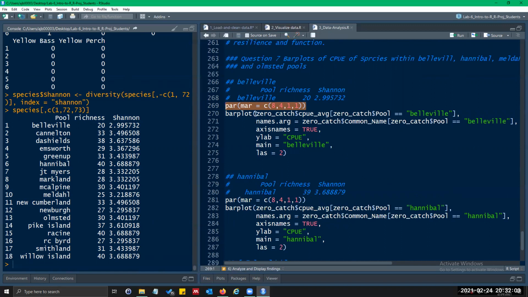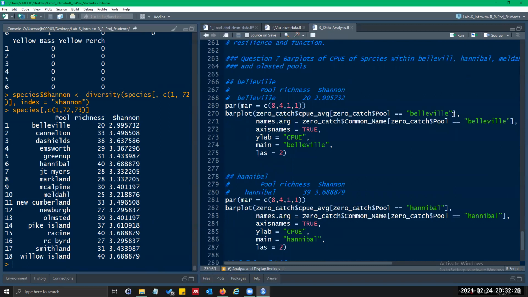So here the first, this is still the same thing. It's the height of the bars. I'm doing the zero catch per unit effort average, so I'm pulling the column out here, and then I'm indexing just for the Bellevue pool.